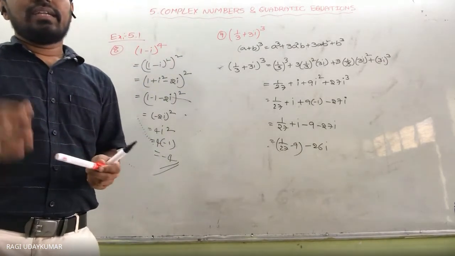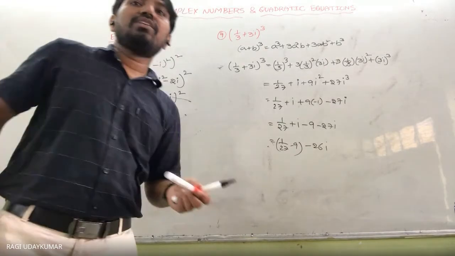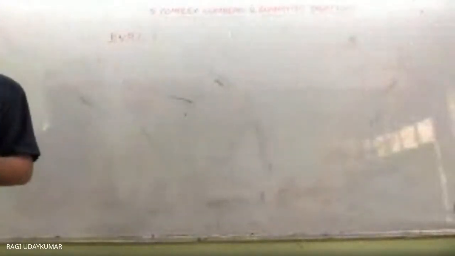Okay. Next, find the multiplicative inverse of each complex number, questions 11 to 13. For whatever questions are given there, find the multiplicative inverse. How do we find the multiplicative inverse? Already I told you. You can do the 10th problem, right? The 10th is the same way. Minus is there: minus 2 minus 1/3. Minus is there, so be careful while solving that.